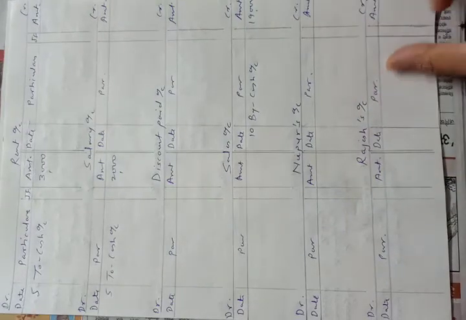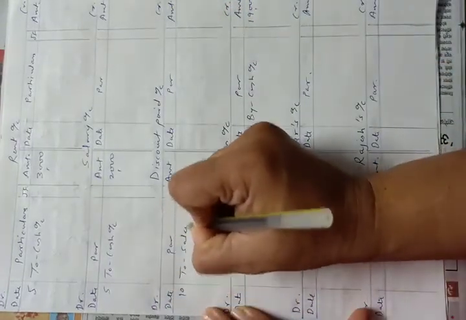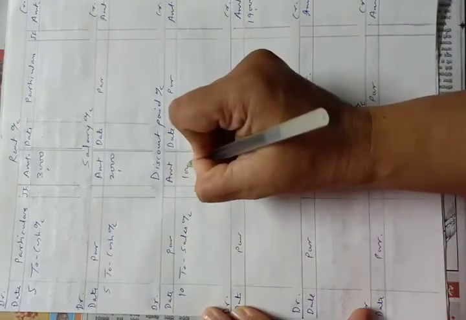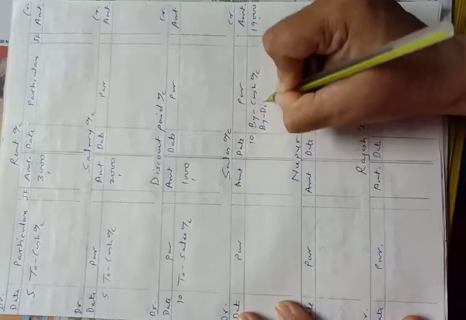We have prepared the discount paid account here. Debit side of discount paid account we have to write to sales account. Second posting, debit side of discount paid account to sales account means credit side of sales account by discount paid account